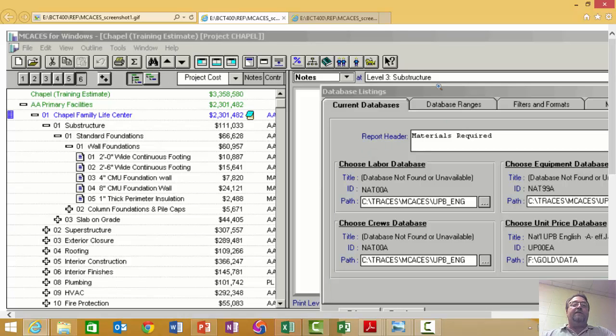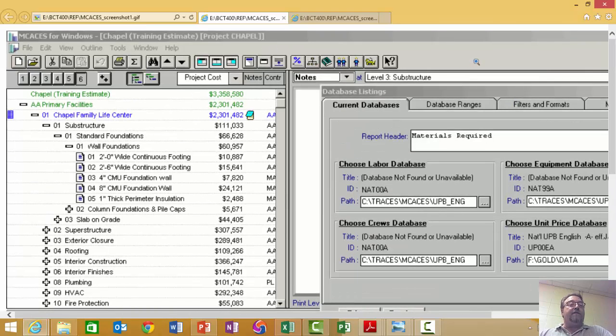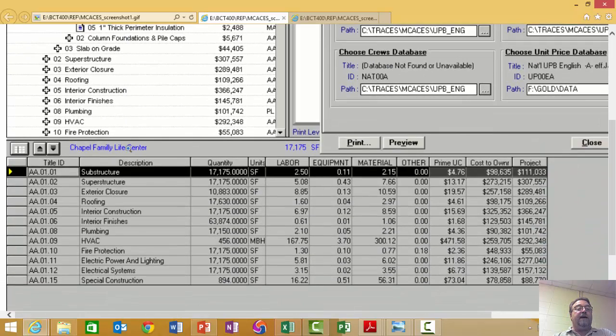Here's a screenshot from an estimating system that was used. Probably can't use it anymore, but 5 or 6 years ago, this was free, so we all used it. I think it was made with government money by the Corps of Engineers. But here's what I call the work breakdown structure in this frame, and then down below,